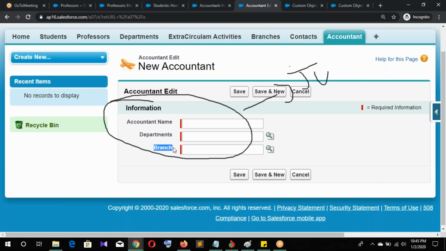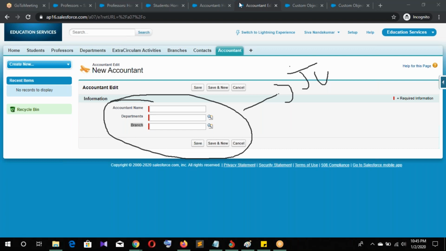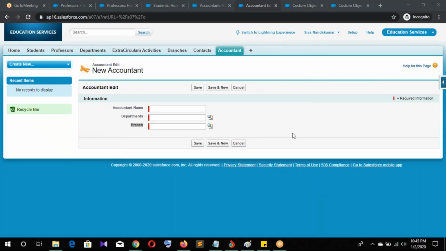When do you use many to many? When in accountant we require the department details and the branch details, at that moment we create the many to many relationship. It depends on the scenario.